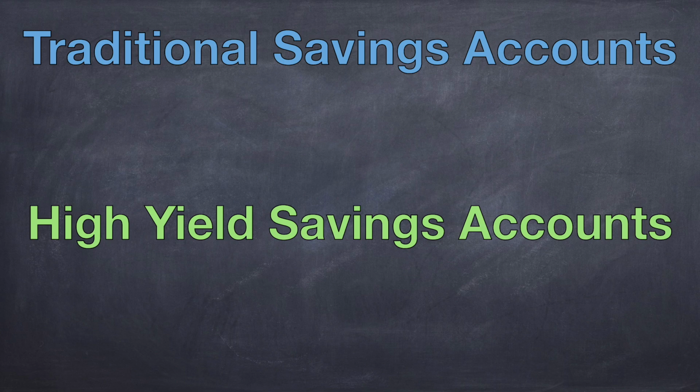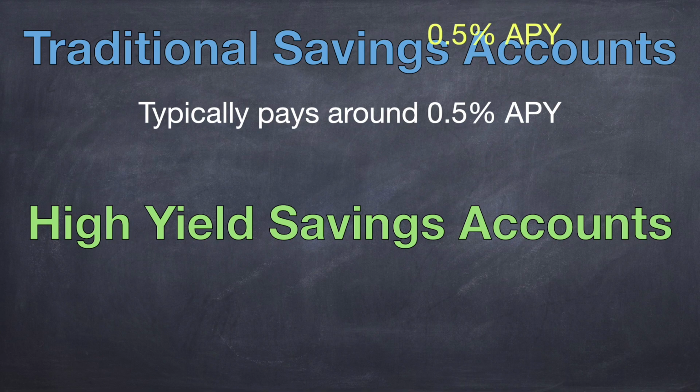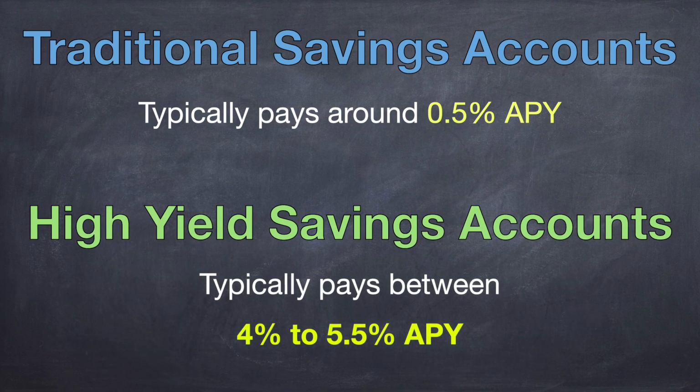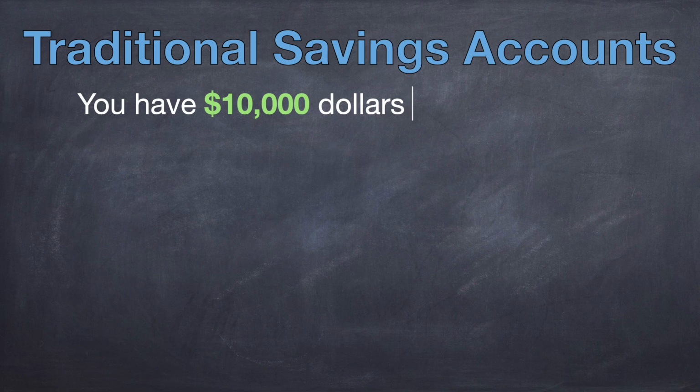So traditional savings accounts, they actually do pay interest, but it's a very, very small amount. And they typically pay around, on average, about 0.5% APY. High yield savings accounts, on the other hand, typically pay between 4% to 5.5% APY, and some go even a little closer towards 6. So let's do a scenario here, and let's say that you have $10,000 in a traditional